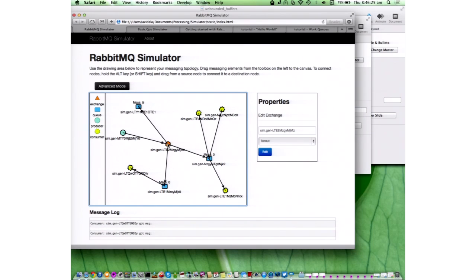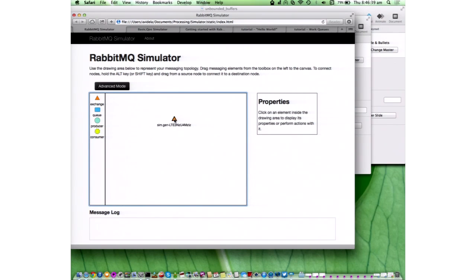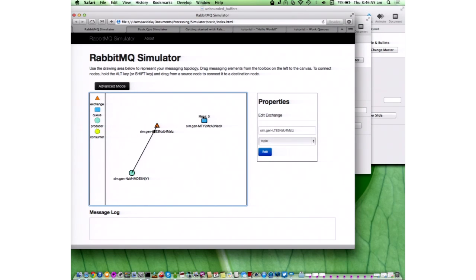And the third kind of exchange is called topic, where here the routing keys are used again. Let me just restart so it's a bit clearer. I have a topic exchange. So let's say I'm getting news, or even a more realistic example, we have a server where we want to collect logs.